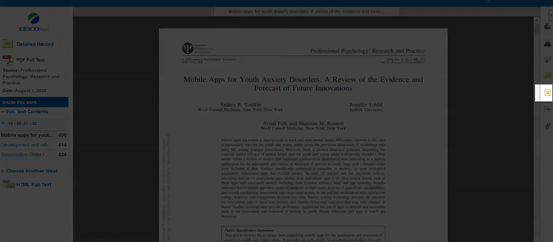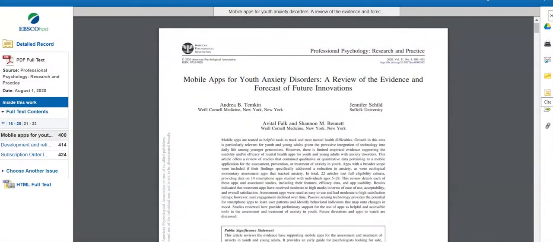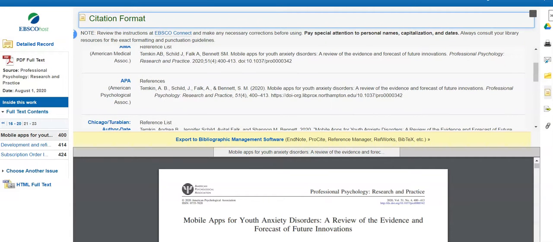The last icon I would like to show you is called Cite. If we click on this, we'll notice formatted citations come up in all the major styles, such as APA, Chicago, and MLA. And you can use these to copy and paste into a Word document for your research paper.